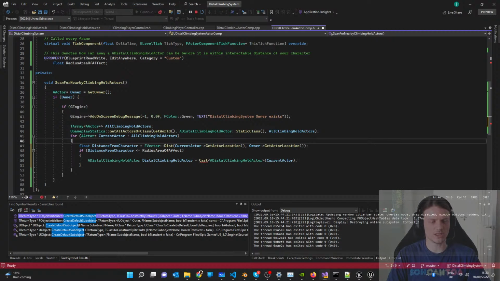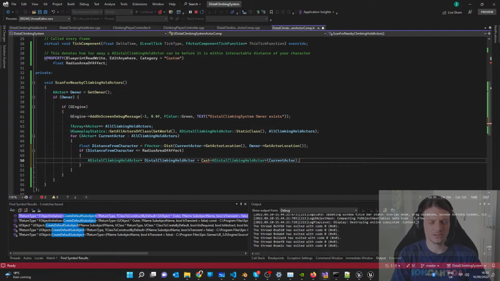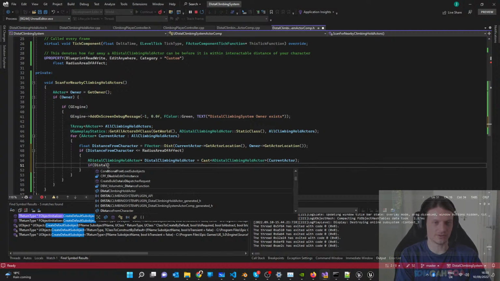And then of course, can this ever be null? I doubt it. Well, it could be deleted though, couldn't it? No, it's fine. Maybe if it's not deleting, but we'll think of that another time. It's no doubt going to be a bug in the future, right? And this will be a pointer. And then only if this is cast correctly